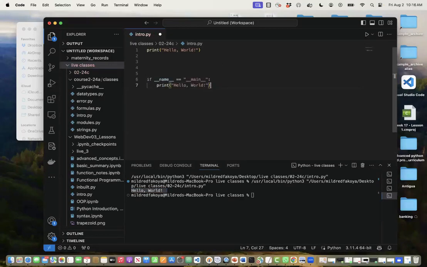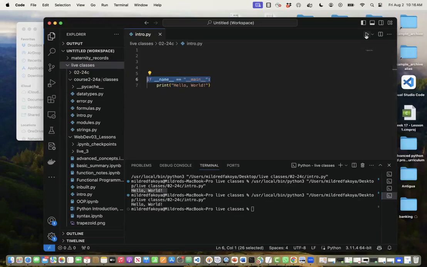If __name__ equal to __main__, print this. Now this is something you're going to learn shortly, but what it's just saying is that whenever the script is run, we want to do something. Whatever you want to do will be here. It runs the script. I'm going to explain this in detail by the time you get to part 3 of the course. When this is run, we'll have a hello world printed. So this is just a summary. We're going to use this to test our code. Before we get to this part, so you don't get confused,